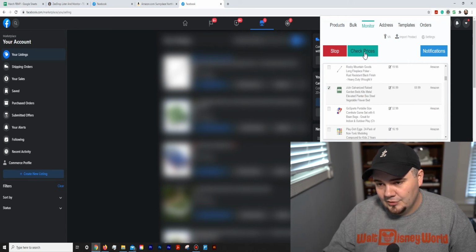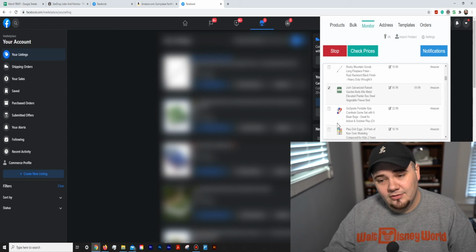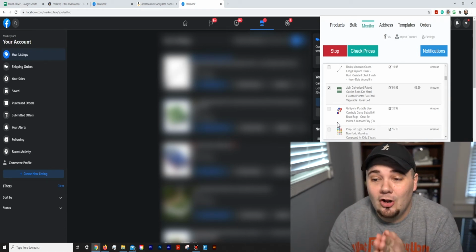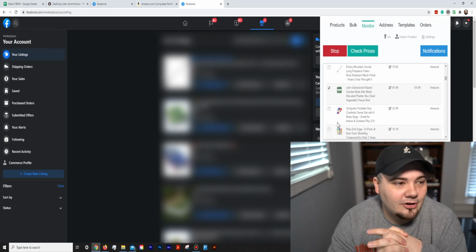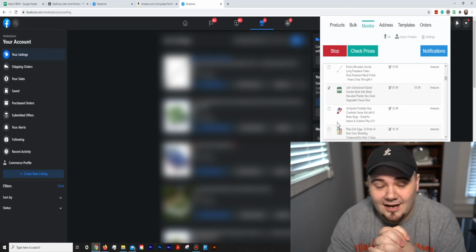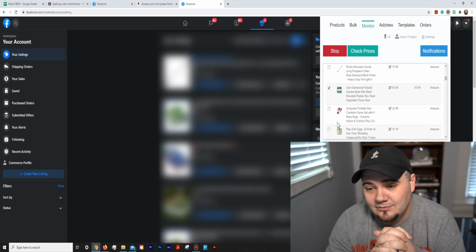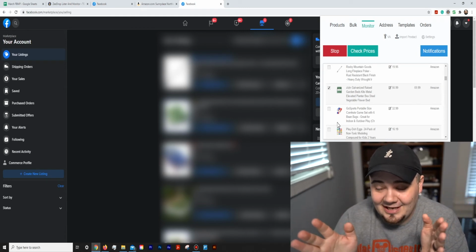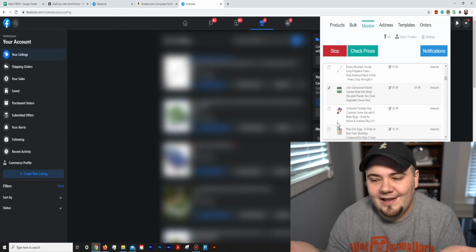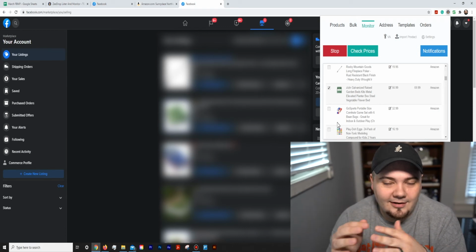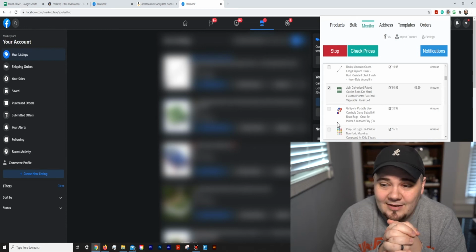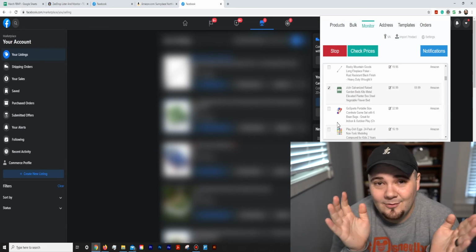And you can select all. I'm going to tell you right now, if you use this monitor feature and you hit select all and then you hit check prices, you're going to freak out. It's not great. If you have a lot of items, if you've got like 5 things you're selling, go for it. But I'm at like 100 or so, and there's no way I'm selecting that button, because what it does is